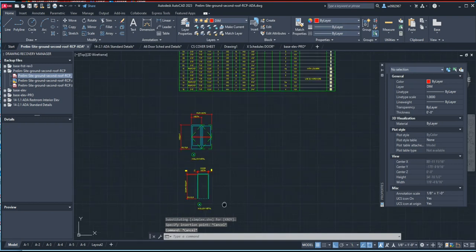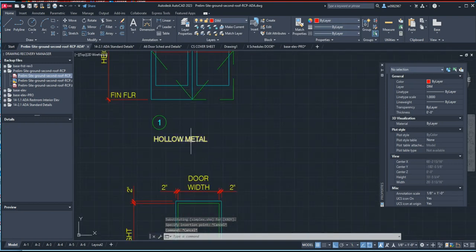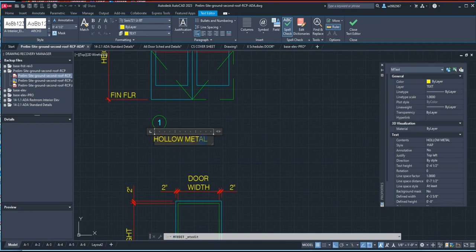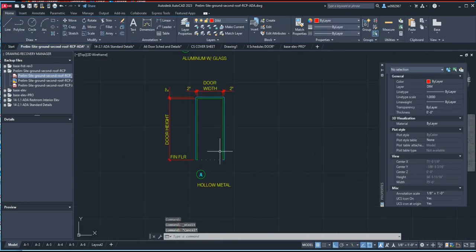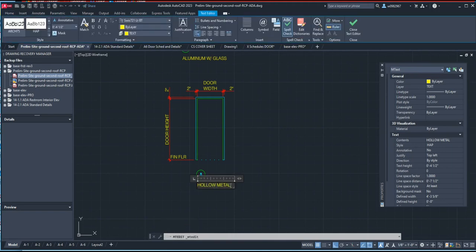We've changed this, this is aluminum, aluminum glass. Okay, and this one, the frame is aluminum,